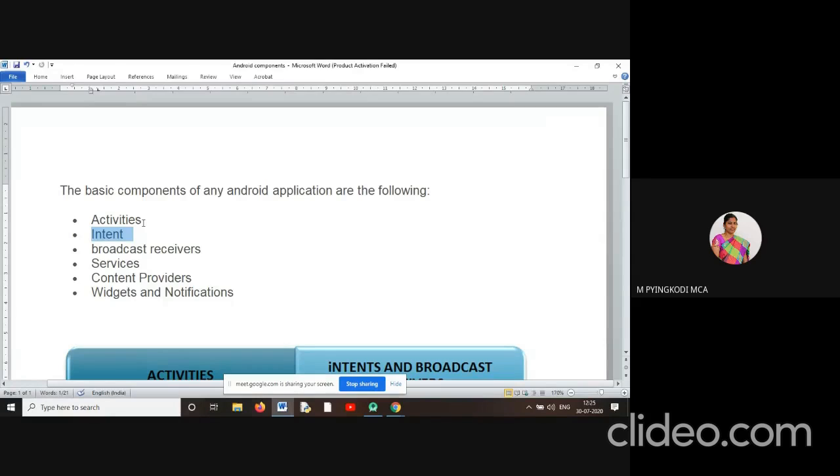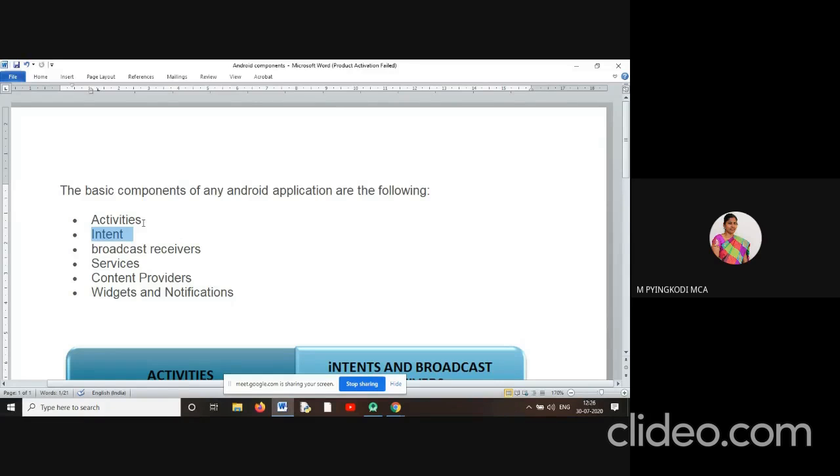A single message can be sent to more than one user. So that is broadcast. For n number of published messages, we can make use of this broadcast receiver.